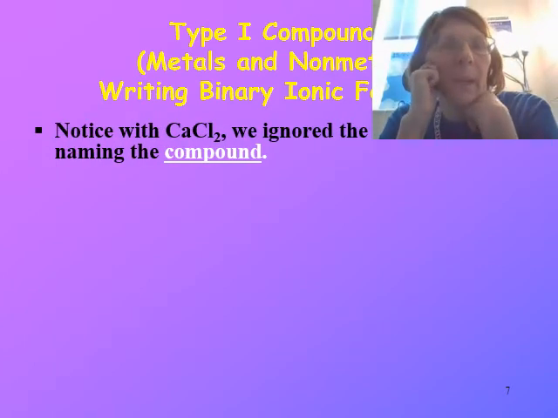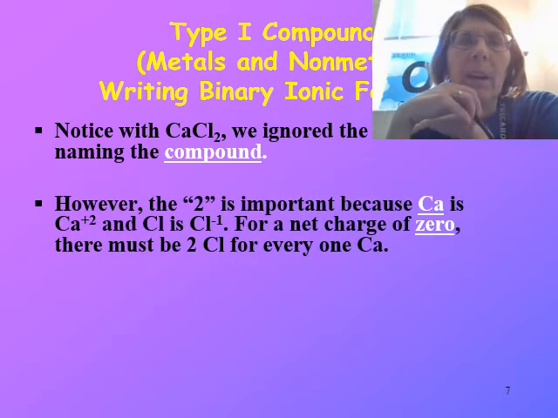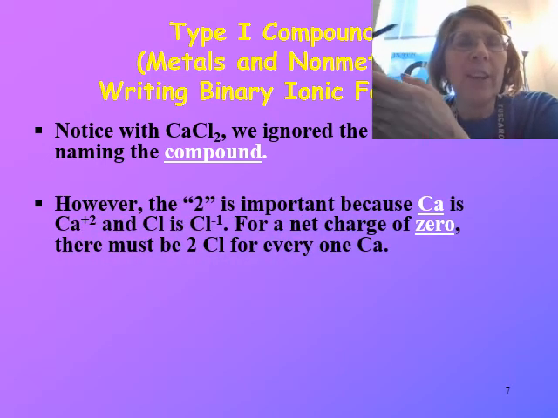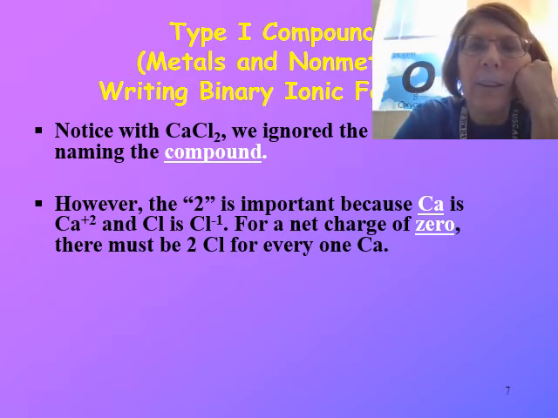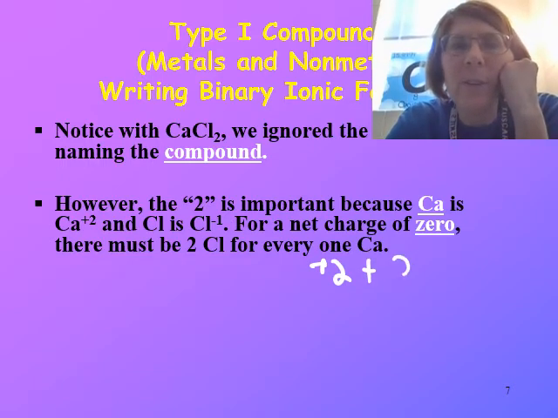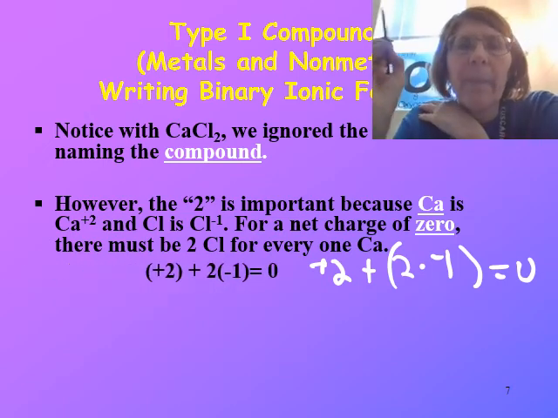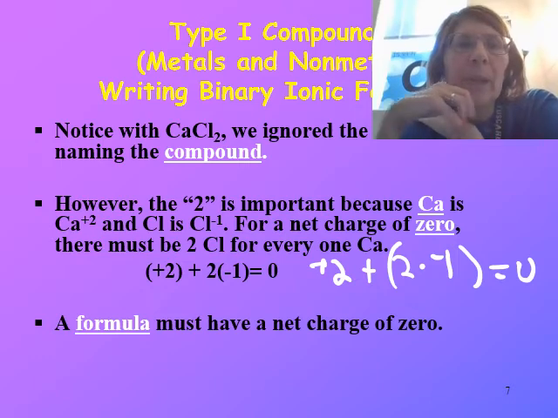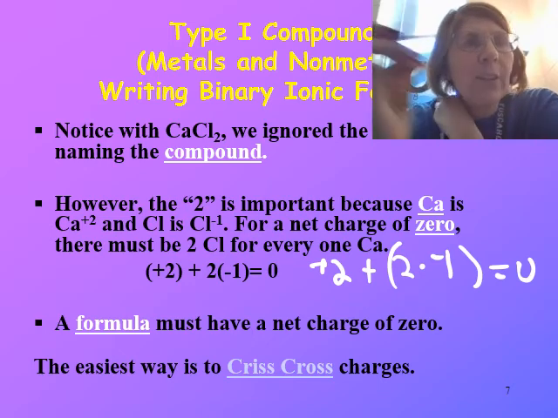So notice when we're naming, we ignore the little 2. The calcium CaCl2, we ignore the 2 when naming the compound. So compound charge, net charge is always going to be 0. So there's the calcium has a +2, and then we have 2 the Cl, so it's like saying 2 times -1. So notice that if we add those 2 together, they equal 0. So a formula has a net charge of 0. So the easiest way we do this is we crisscross the charges, but we